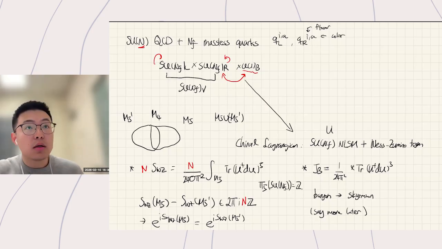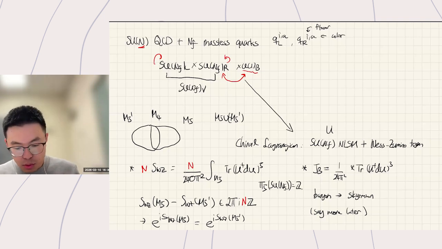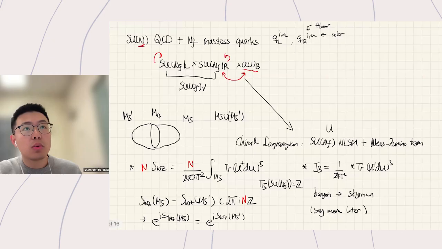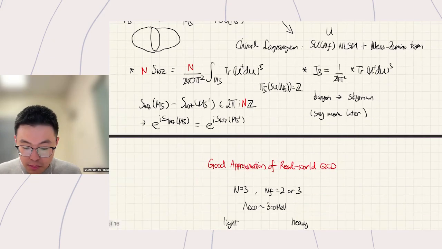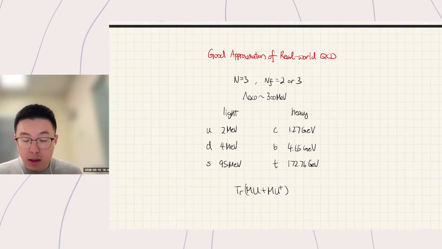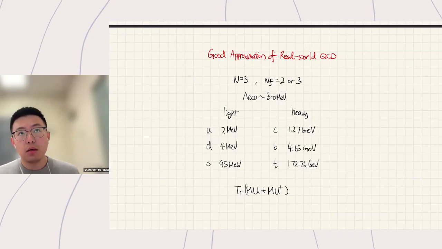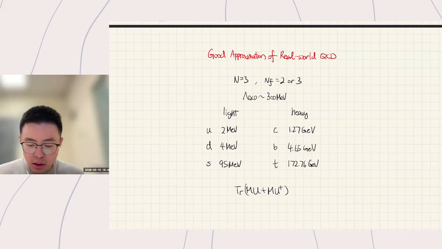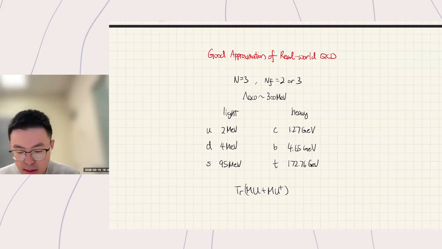Good. So this is the ideal scenario that we're going to consider, the ideal system we're going to consider. But I also would like to emphasize that even though this is an ideal scenario, it's actually also a good approximation of real-world QCD. So a lot of things that I'm going to say in these systems can have applications to real-world QCD. So in particular, I want to emphasize one point, that is, if you think about real-world QCD, of course,